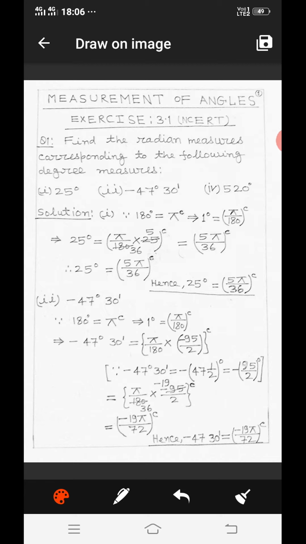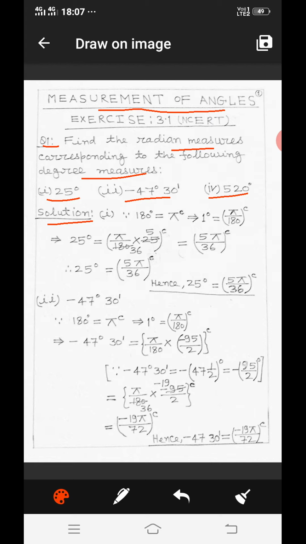Today I am going to discuss the solutions of the questions of exercise 3.1 from NCERT related to the measurement of angles. Question number 1: find the radian measures corresponding to the following degree measures. First part is 25 degree, second part is minus 47 degree 30 minutes, and fourth part is 520 degree. For solution,